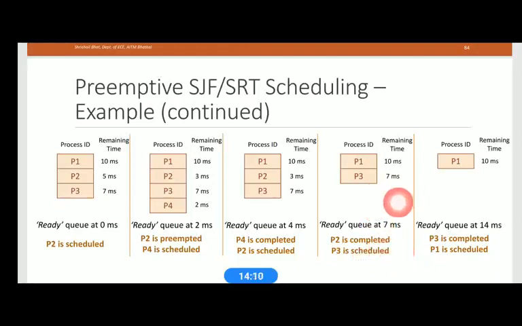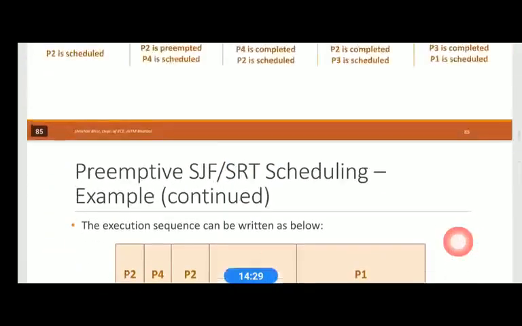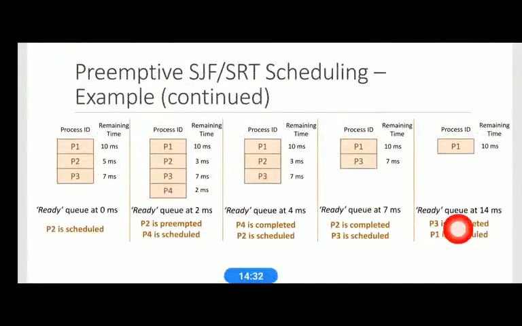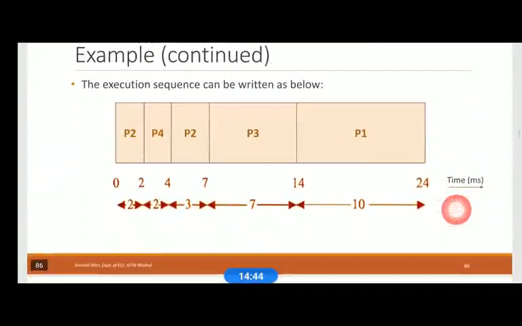here, right? So after 7 millisecond, that is at 14 millisecond, 7 plus 7, because P3 requires 7 millisecond, at 14 millisecond, right? P3 is also completed. Then P1 is scheduled, right? So further, P1 is completed after 10 millisecond from the 14 millisecond, means at 24 millisecond P1 is also completed, right? That is shown here in the execution